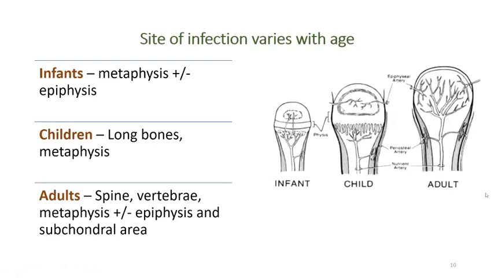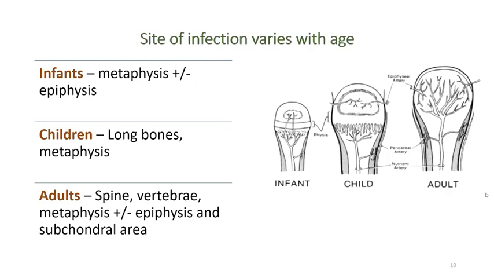It won't go into the epiphysis through the growth plate because the metaphyseal arteries won't have a connection through the growth plate into the epiphysis. And the epiphysis has a separate blood supply. It won't connect with the metaphyseal arteries. So whatever infection is coming into the metaphysis will remain there and it won't go into the epiphysis